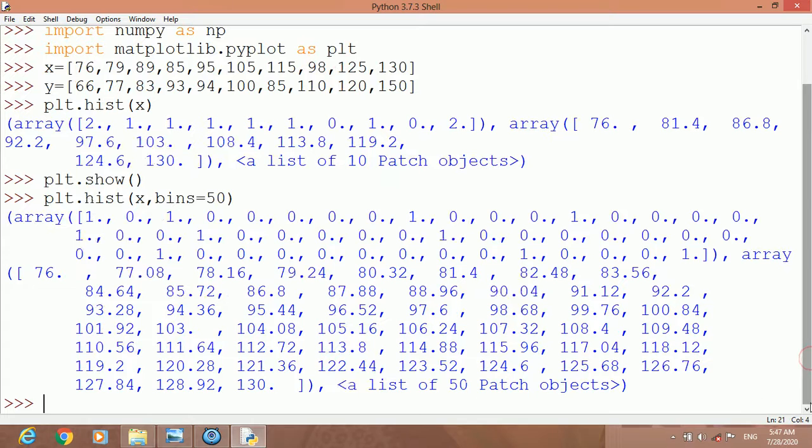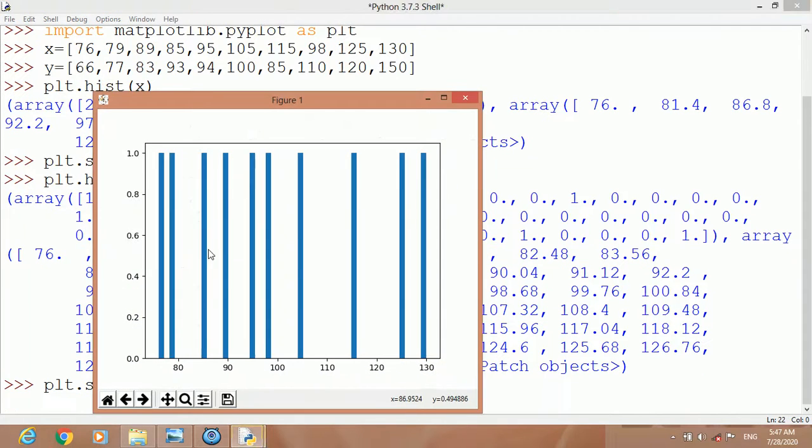An array of 50 bins has been made here. Now we want to display, so write plt.show. Now you will see the histogram of 50 bins. Look here. Don't count the bars. A bar does not tell you the bins. Bins are the number points displayed within the range. So one bar can display a range of many numbers. So please don't count the bars, otherwise you will never understand.